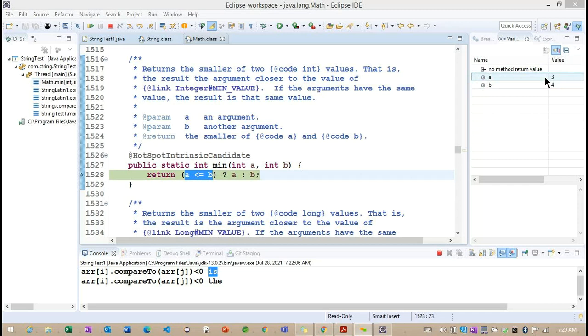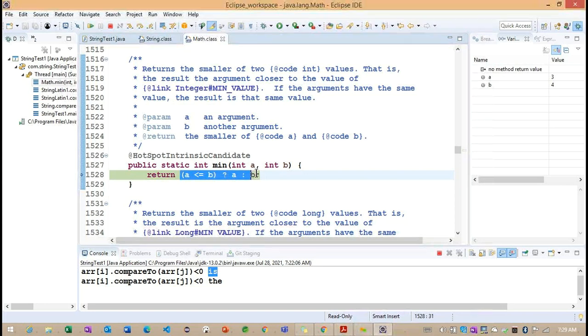Now you can see the right side section values we are having. So based on this particular value, we can provide what your output is here. So what are you trying to think here? Just message me what you are trying to think here. Okay. So this expression is going to return true because A is less than or equals to B. A value we are having 3 and B value we are having 4. So B is greater, some bigger value compared to our A value. So it is returning true because this is the ternary operator.